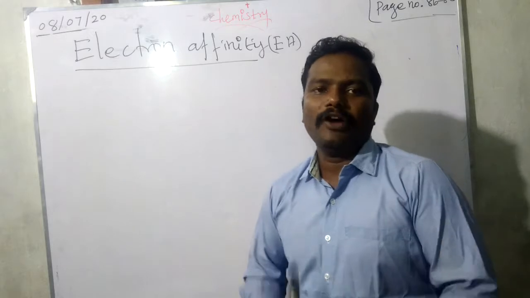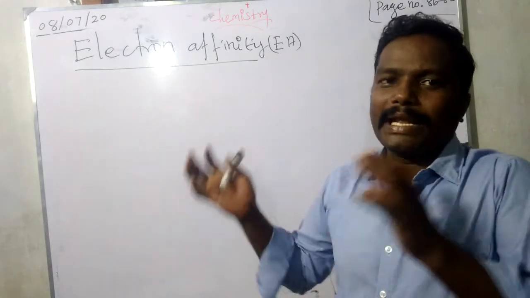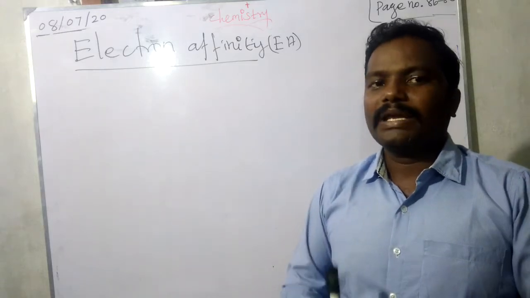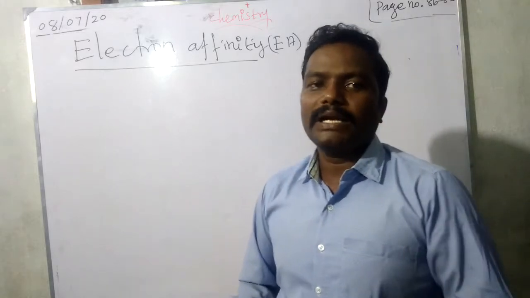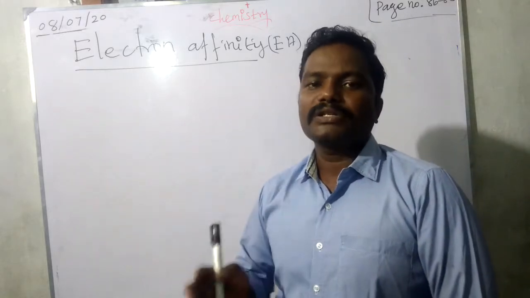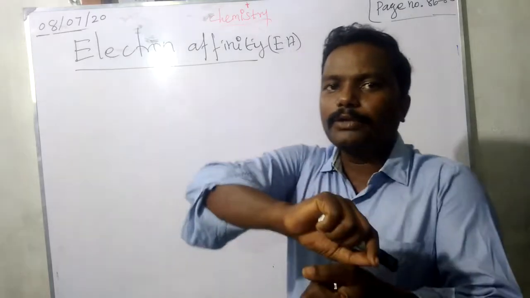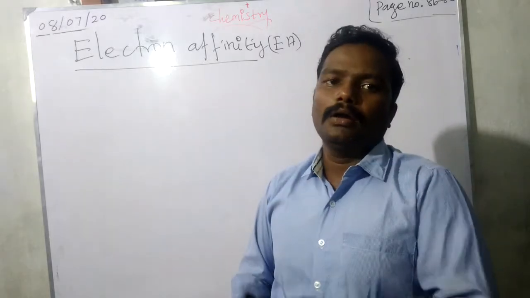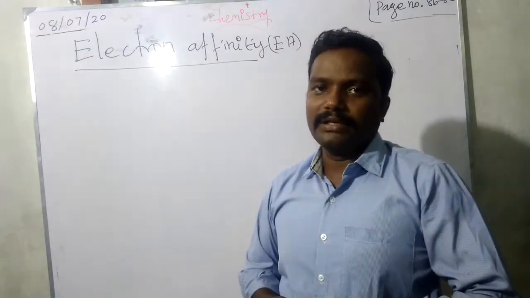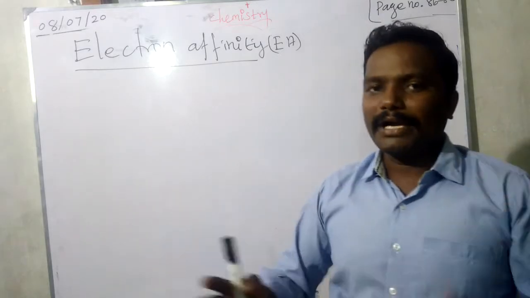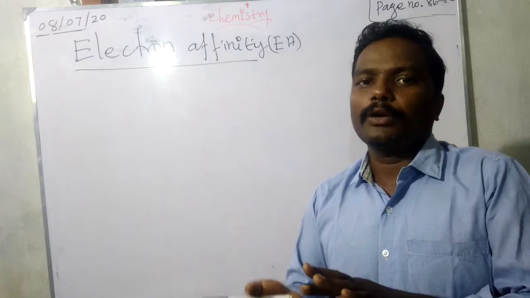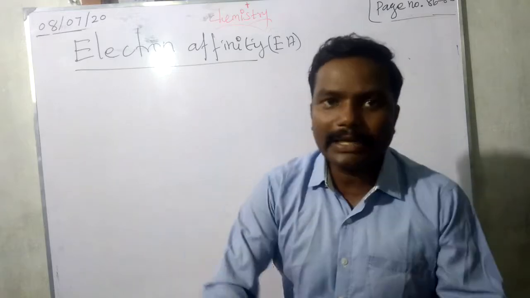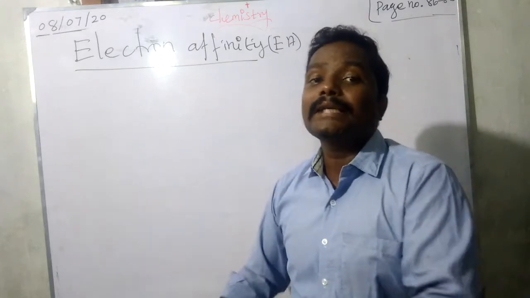What do you mean by electron affinity? If you add one electron to an element, it will release some energy. We can recall the previous topic: ionization energy. Ionization energy means we try to remove an electron from the valence shell. During the removal of an electron, we need to supply some energy. That supplied energy is called ionization energy. So here we are going to learn just the opposite of ionization energy. Here we are adding an electron, and some energy is released automatically.